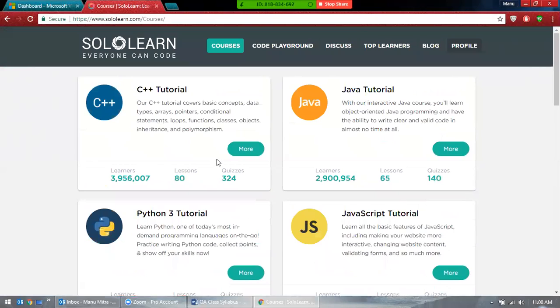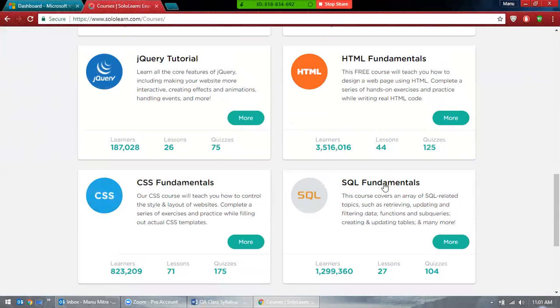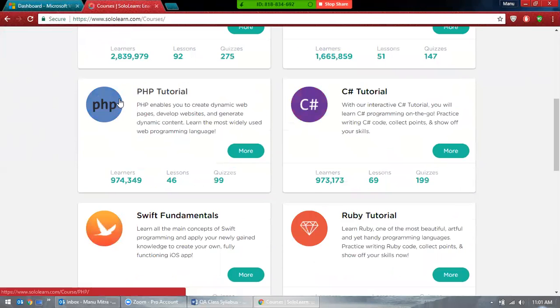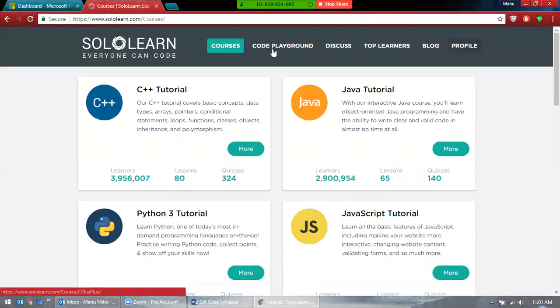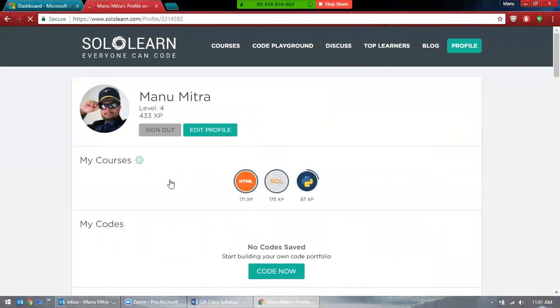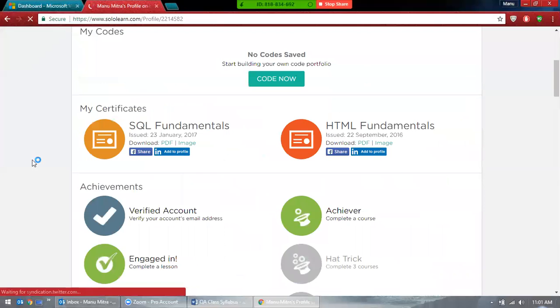But if you're interested, you could try. I would say if you're interested in ETL, then you can go ahead with the SQL. Few people in the batch have also done the SQL. Because this would give you some knowledge on how you are trying to do the SQL. And once you complete this, let's say you have done it, once you have done it,